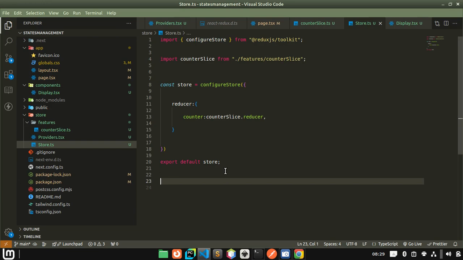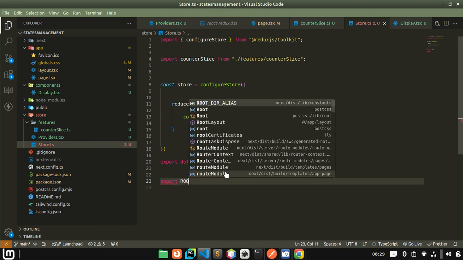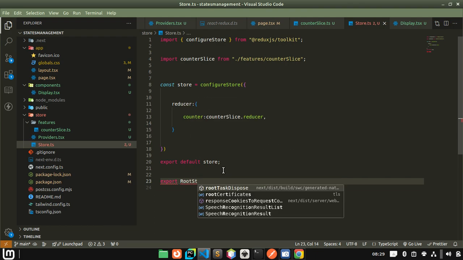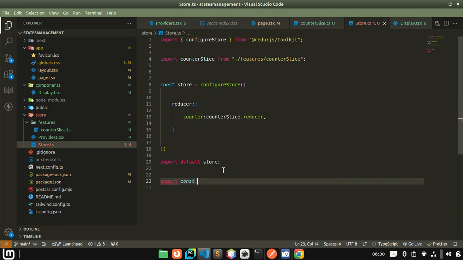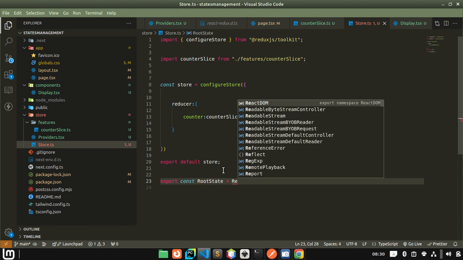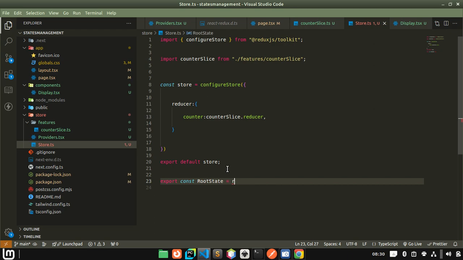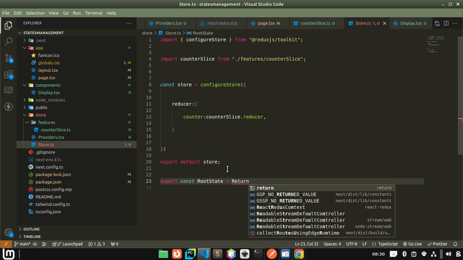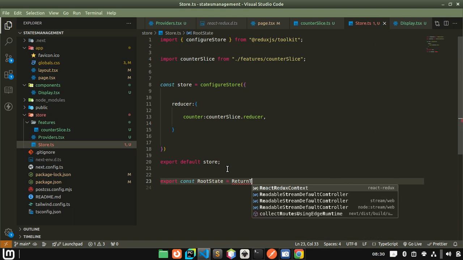I'm going to say export const RootState is equal to ReturnType